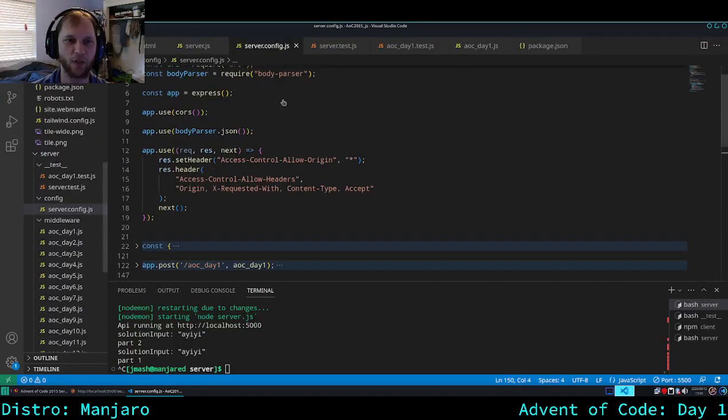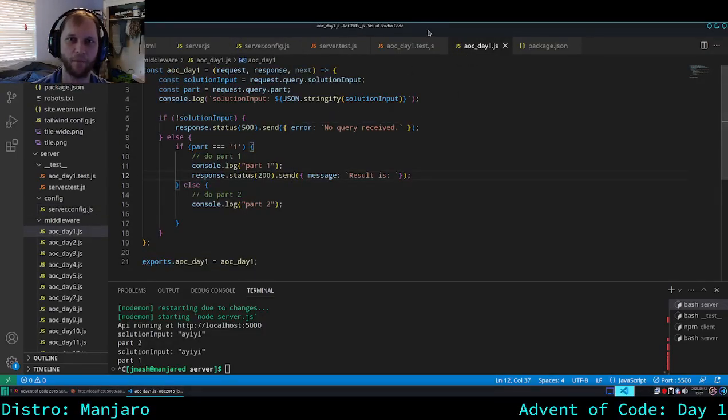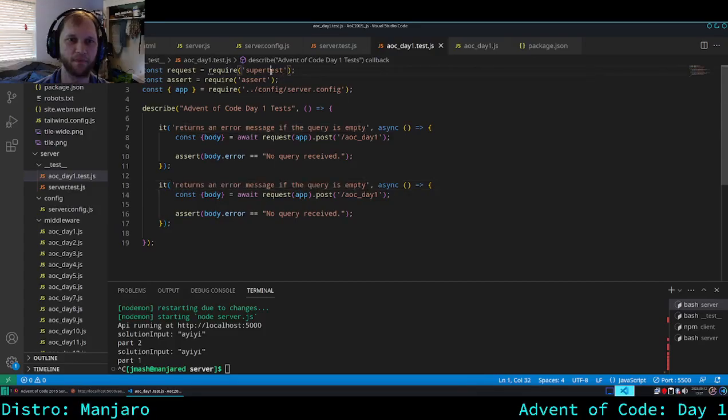So I've got a server. It is not currently running because the idea here is I'm not just going to be running these things off a server, I'm going to be doing test-driven development off of the server side as well. So I'm using supertest, and that is basically just to ensure that,